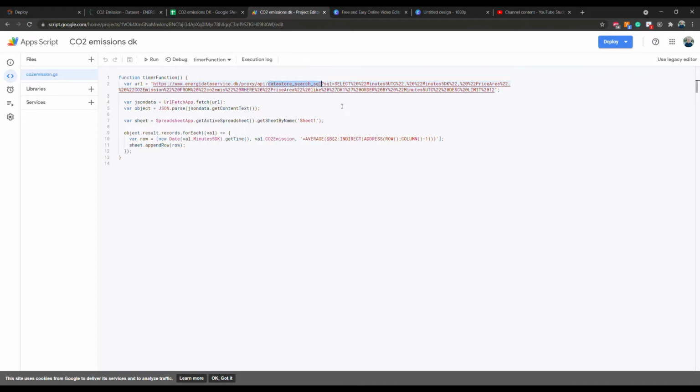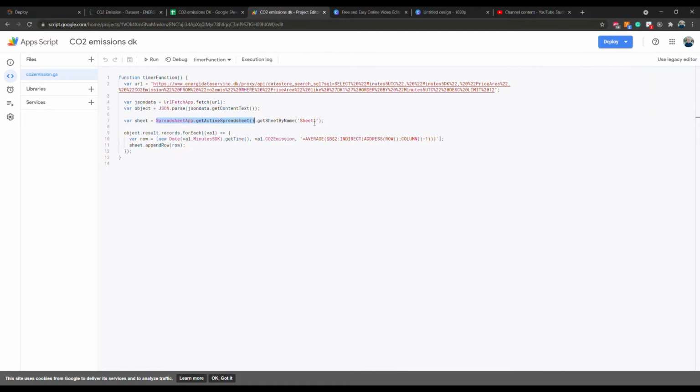But it's just to say that we take some data from this service. I've limited it to 12 entries because we get data every 5 minutes, and I've set it to pull every hour, so I need 12 records to get a whole hour. I'll use this UrlFetchApp.fetch to get the data, and that will give us some JSON. And we can use JSON.parse to actually parse it into an object that we can use in this.